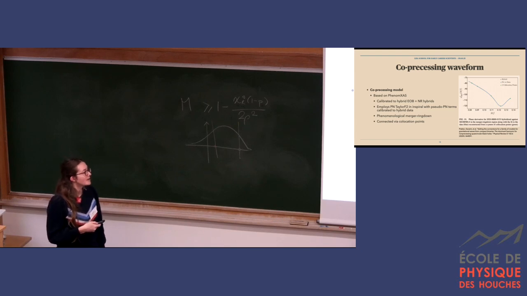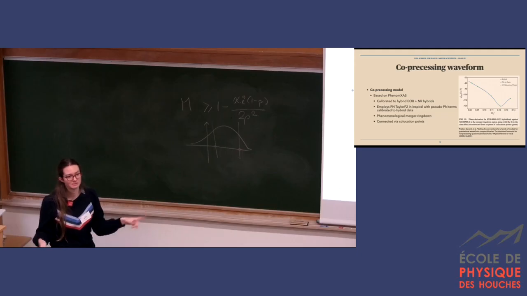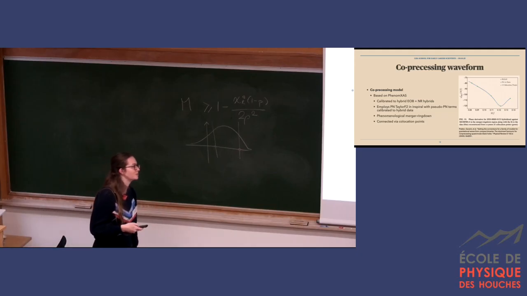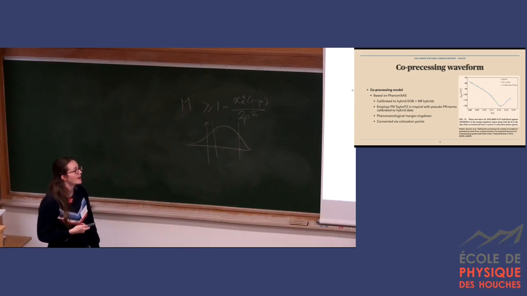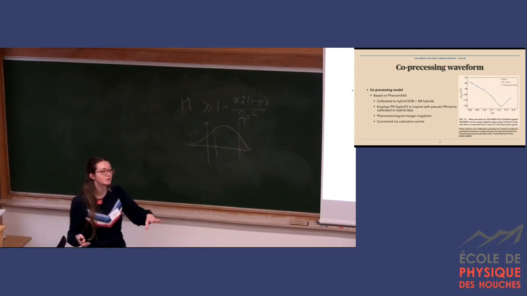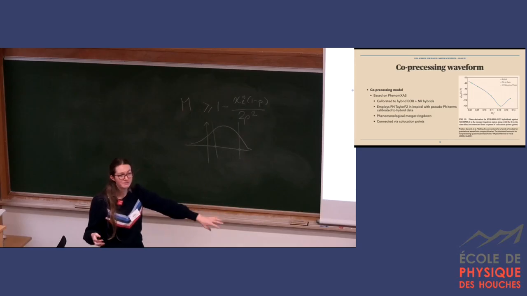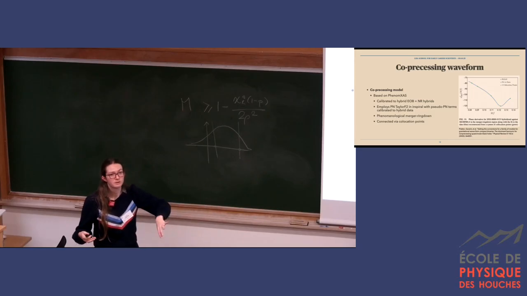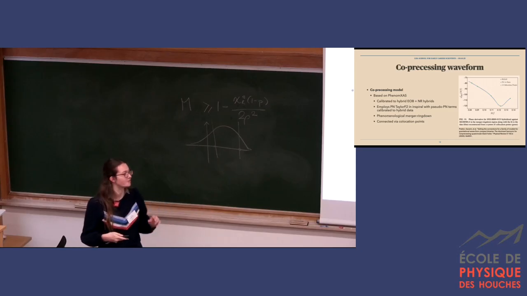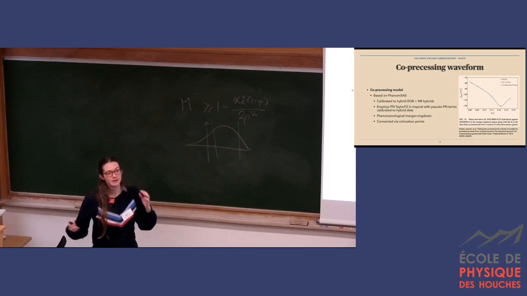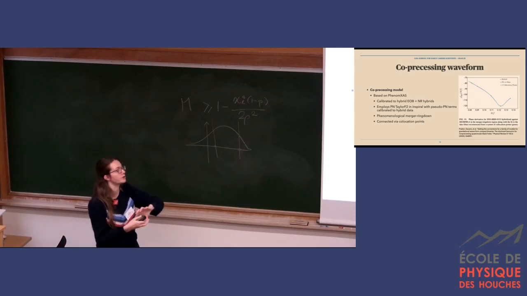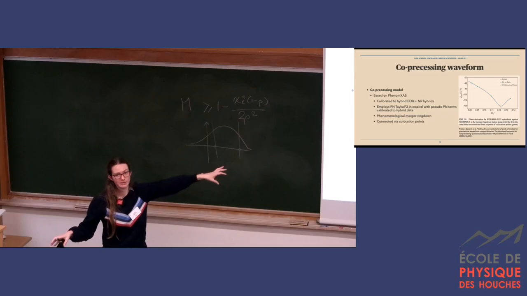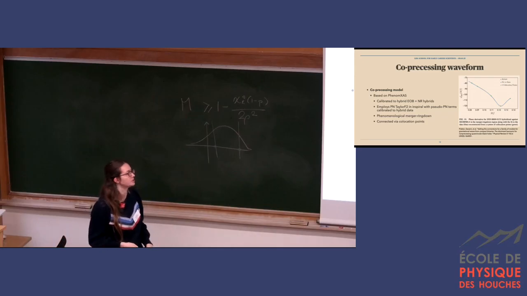The model that we base it upon is IMRPhenomXAS. The model names don't really matter. I've written them here for completeness. It was calibrated to hybrid waveforms based on an effective one-body waveform, just a theoretical waveform really, for the inspiral, and then NR in the merger ring-down, so that you're able to calibrate over a larger frequency range than simply calibrating to numerical relativity would give you. And